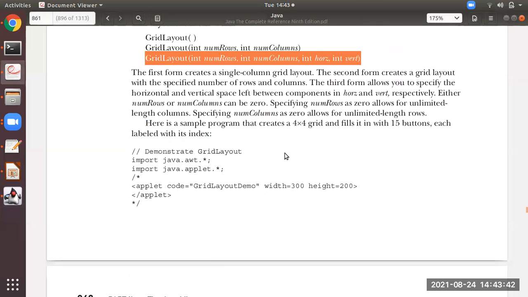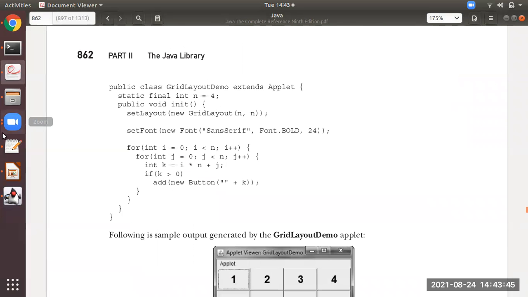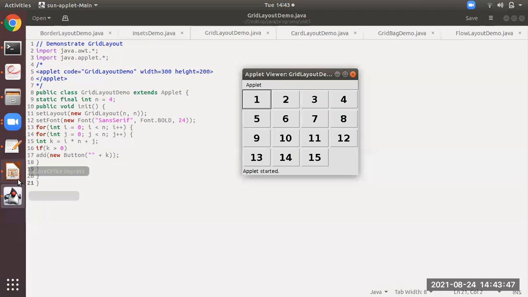Okay, and the rest of the thing is very simple. See here, at the 12th line, you can set the font also. And at the 13th line, you are using the for loop. Inside the 13th line for loop, the 14th line again has one more for loop inside. And there is one logic, you just trace it out: k equal to i into n plus j. If k is greater than 0, yeah, initially it will be greater than 0.